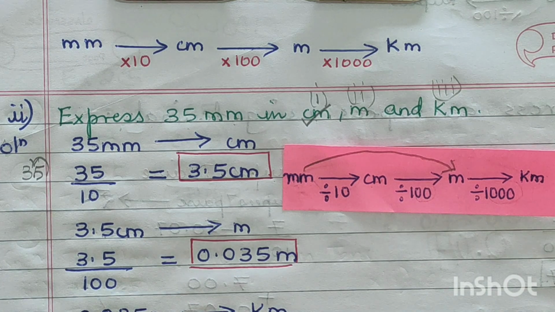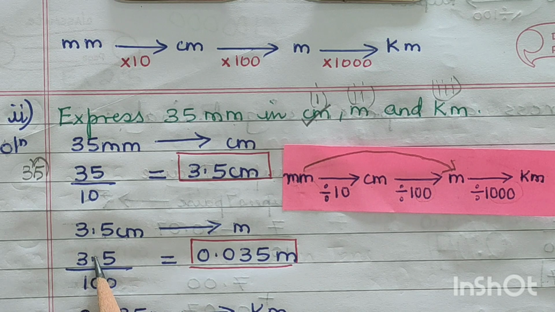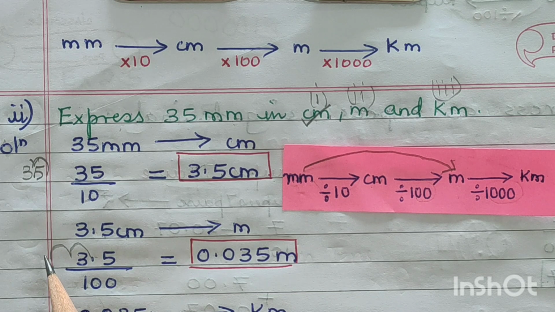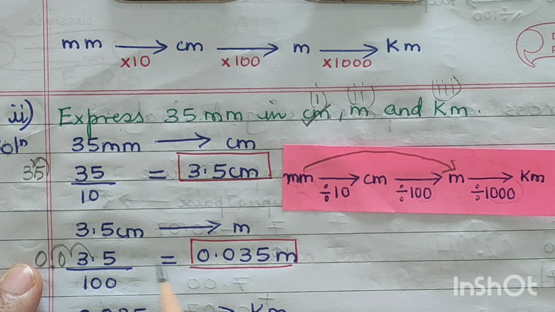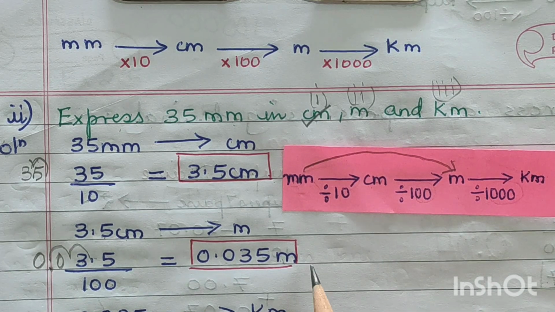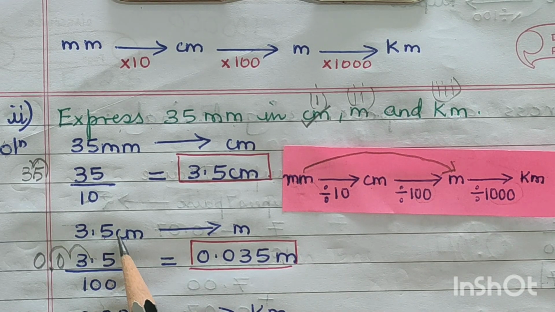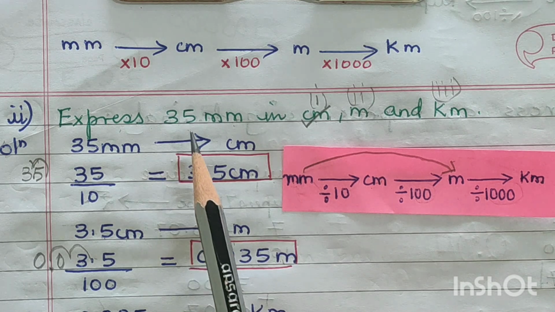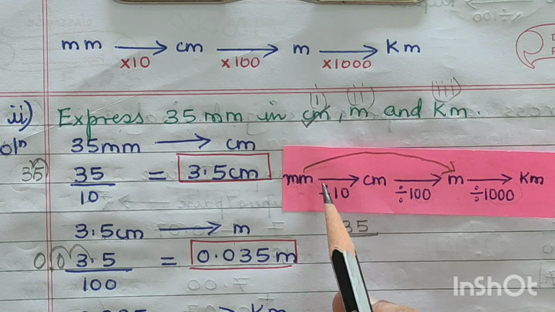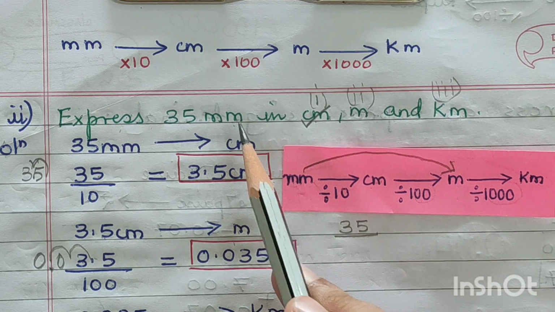Then these 2 zeros are there. From here it will move 1 decimal place, 2 decimal places. The decimal point comes here, and then you put the 0 here. So which means that 0.035 will be your answer. Now note, I have solved this using 3.5 centimeters to meters. Now if you are getting confused and you want to solve it with millimeters, it is 35 millimeters that you want to convert now into meters, the second part of your question.